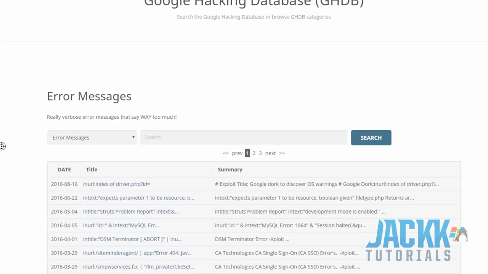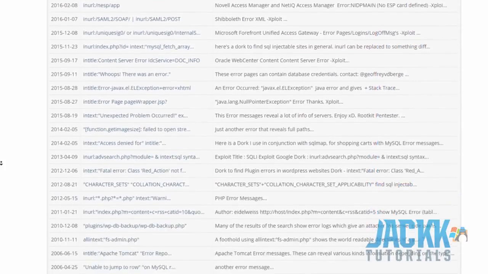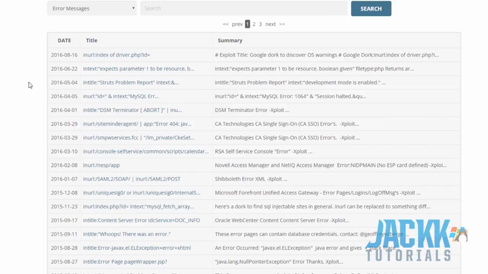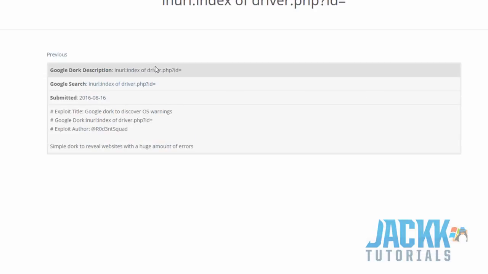So if we click on error messages, you can see there's 94 in the error messages category, and you have a table here that has all of the categories. It has all of the docs and the date that they were added. So for example, this one was added on the 16th of August 2016, and if you click on it, it'll